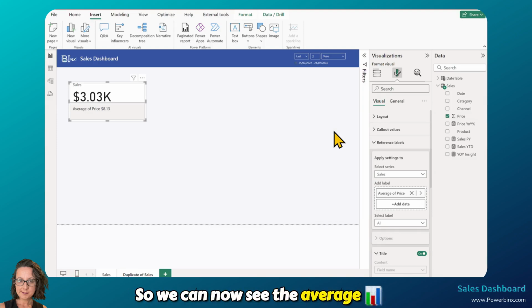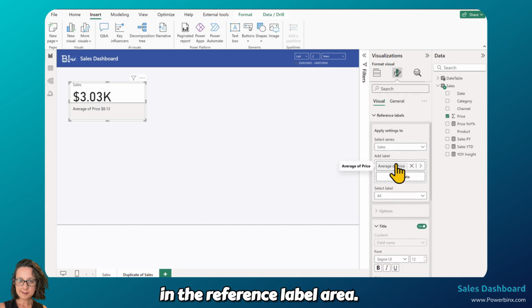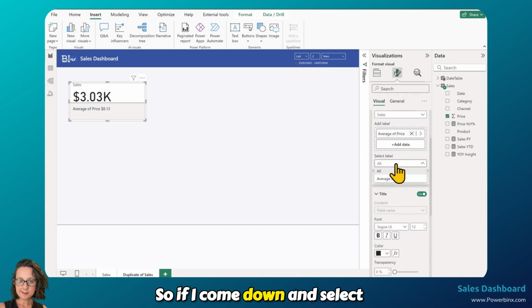So we can now see the average of our sales is $8. I want to change that title once again, but this time you have to do it in the reference label area. So if I come down and select average of price,